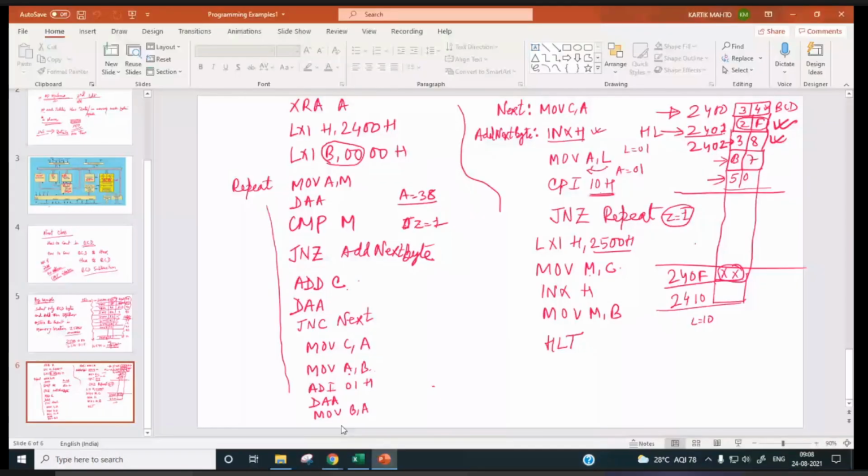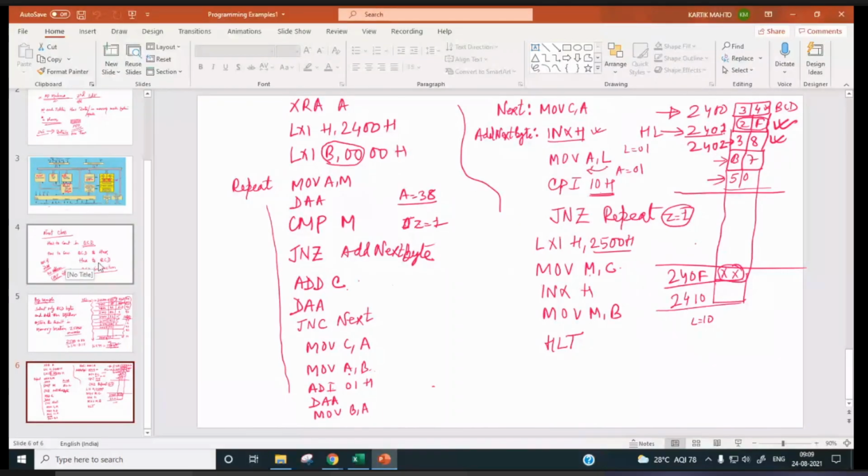So anyway, in the last class we were discussing one program related to selecting BCD bytes from a database and adding them together.